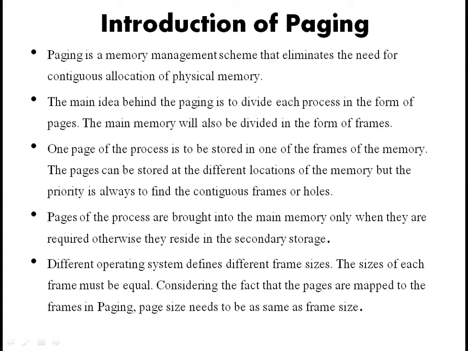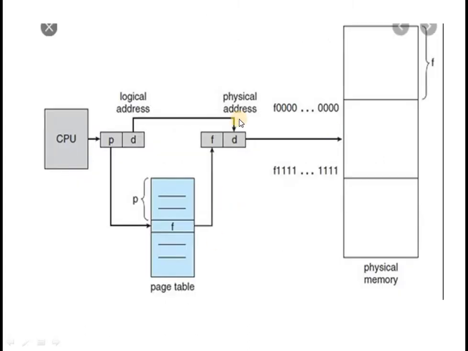The logical address is generated by the CPU, and it consists of two parts, that is the page number and page offset, which is stored in the page table. Next, the physical address is actually available in the memory, that is our main memory, and it is referred to by the frame and frame offset.